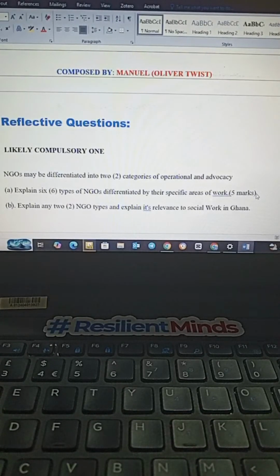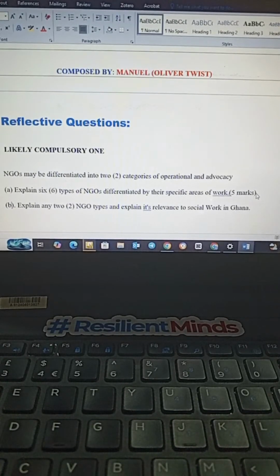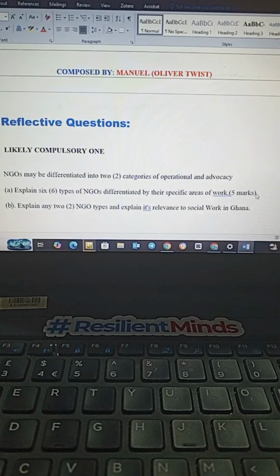Now, what is it relevant to social work practice? Here you need to apply. When you explain them, you then relate it to social work practice. What we can say is that in Ghana, where formal government social security systems face resource constraints, RINGOs come in to fill that crucial structural gap, because sometimes the government faces resource constraints, and there is always a gap when it comes to infrastructure. So that is where RINGOs come in.